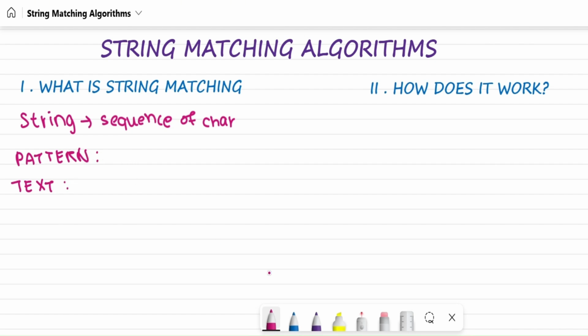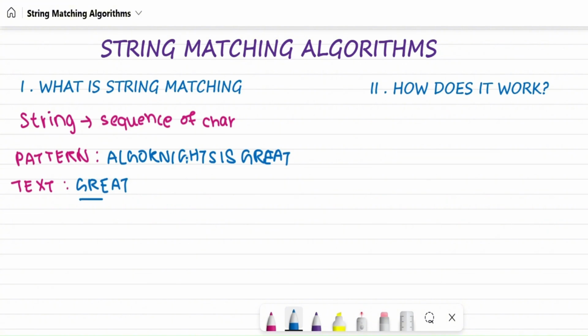For example, let's take the text "AlgoKnights is great", and we are looking for the pattern "great", which is obviously available in the text. So our task is to find whether the word great appears inside the text and, if it does, at which position. This might sound simple, but string matching is used in many real-world applications like